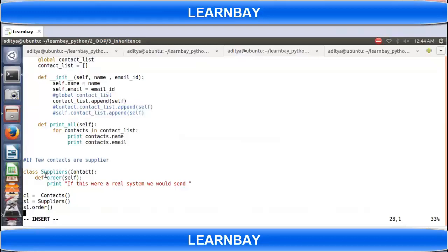So we can have class supplier without any additional function also, right? But it's of no use, because you should have at least data members then. Data members means, when you create S1, you have name and email as data members. Attribute and data members, both are the same thing.